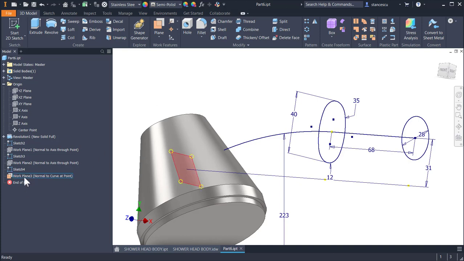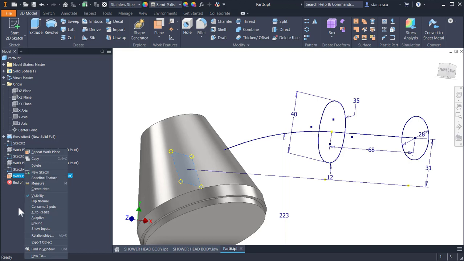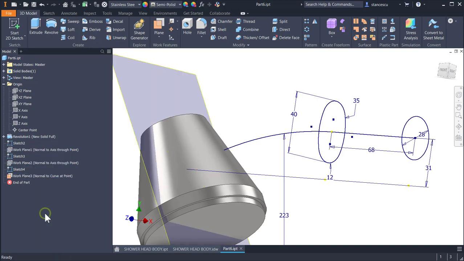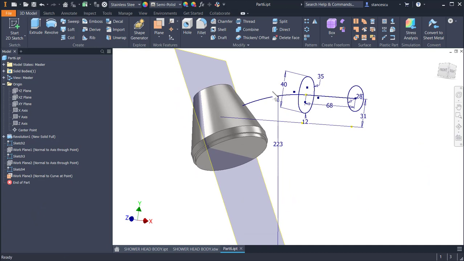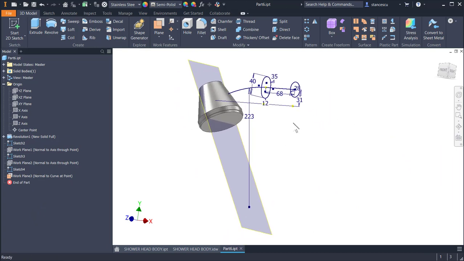Oh my God, but the plane is inside. Yes, but I can control from here. How can I control? I apply auto resize, and the plane gets out from the volume. You see? It must cover all the construction. This is the plane where we want to place the same